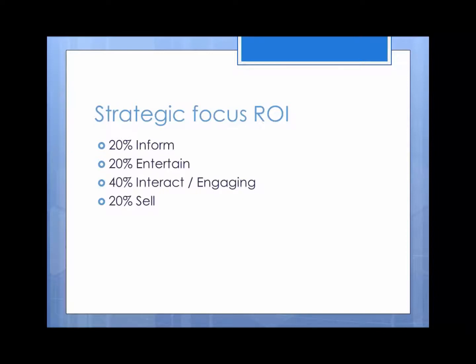And then the last 20% of the time would actually focus on you selling your information, or maybe you're promoting the content that someone else has created. And so with that being said, sometimes even with the selling portion of it, people use a different model. One of the models out there basically says, for every 6 articles that I write, only one of those will be about me, or only one of those will be about me promoting somebody else's content.